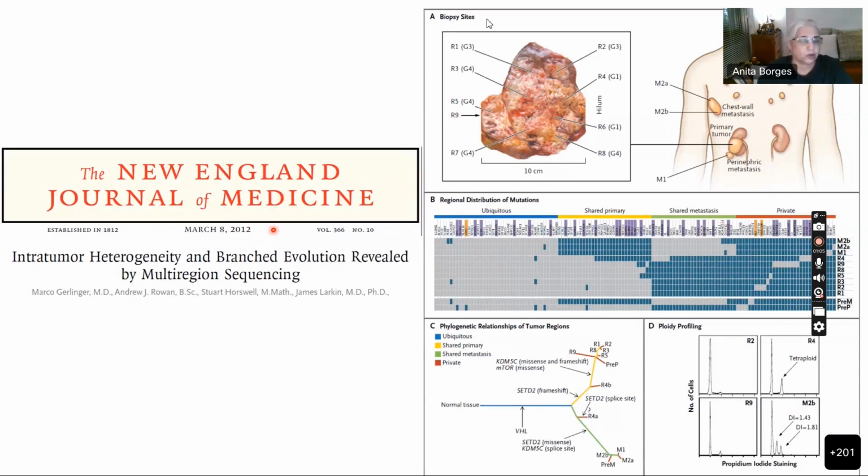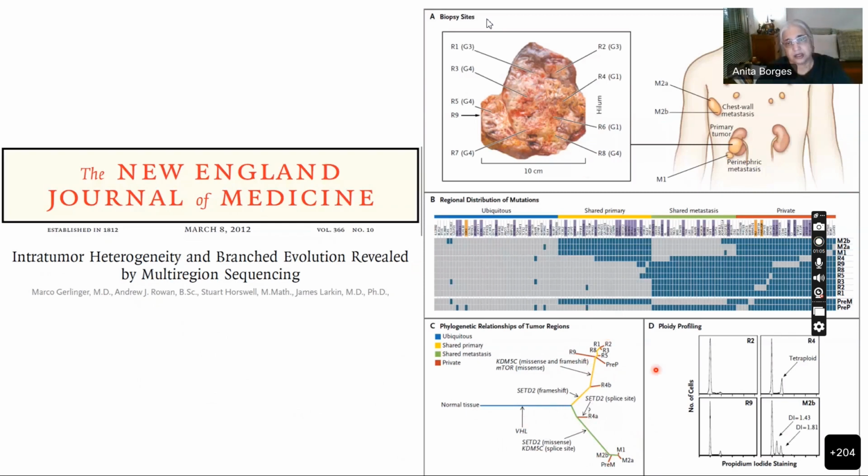It's almost 10 years since it came out, where they looked for intratumoral heterogeneity and showed that, just like we have evolution in nature, in biology, all over, the tumor is also undergoing evolution. It starts out with some kind of driver mutation, and slowly there is branched evolution. And in the end, you may get either a metastatic tumor, here you see the M part, or different parts,